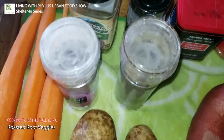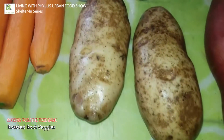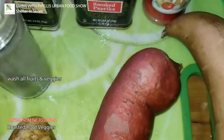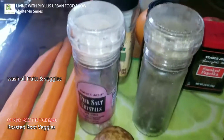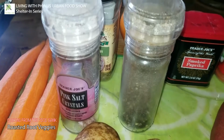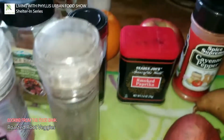Roasted root vegetables: carrots from the food bank, Idaho potatoes from the food bank, yams from the food bank, white sweet potato from the food bank. Sweet, simple ingredients. Salt, I'm using pink Himalayan salt, black pepper,